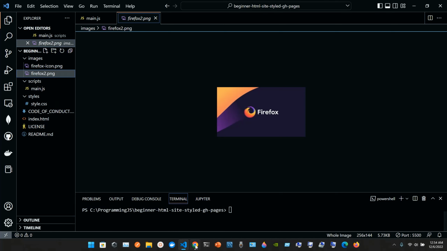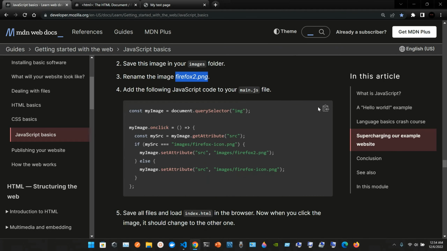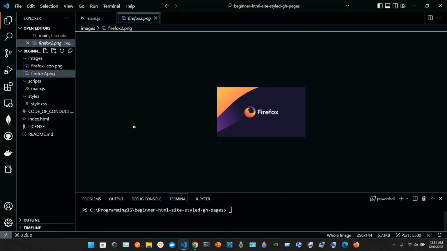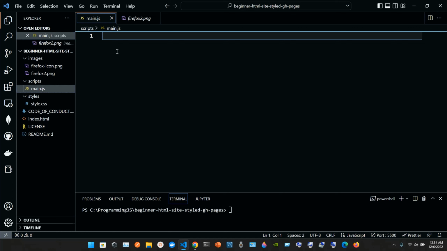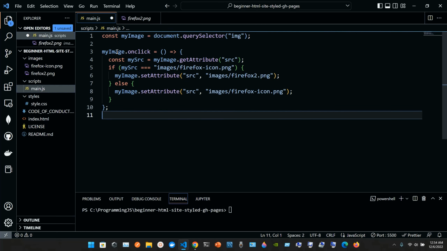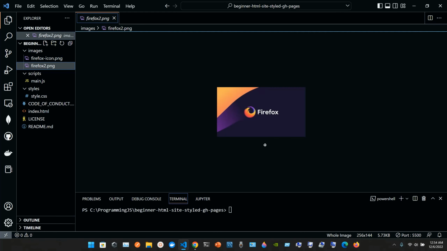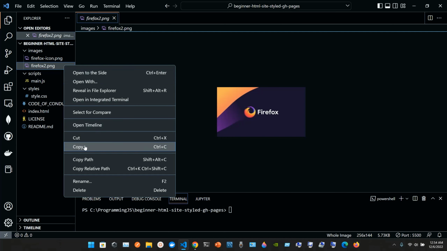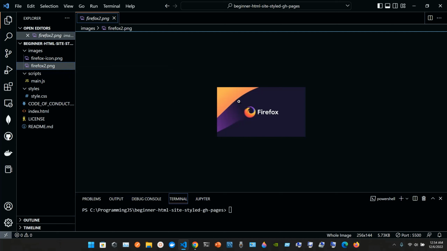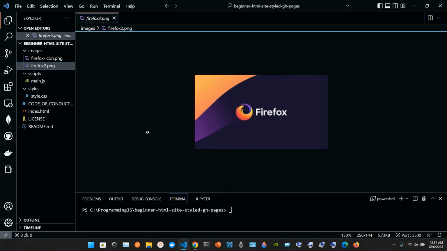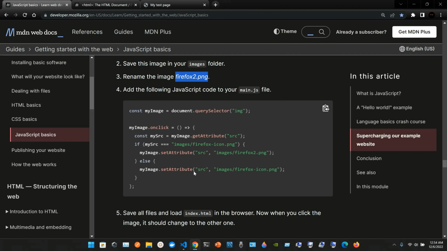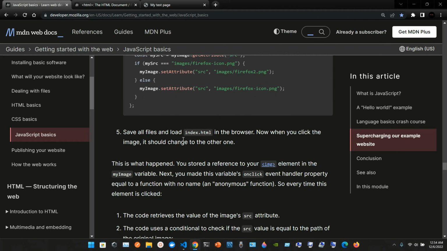What we can do here, okay, and now we need to add this JS code here in main.js. So we paste it, Ctrl V, we save it, Ctrl S, and I just grabbed any picture of Firefox. It's, I think, around 256 pixels by something. Let me see here, rename, properties, copy, cut. Okay, now save all files and load